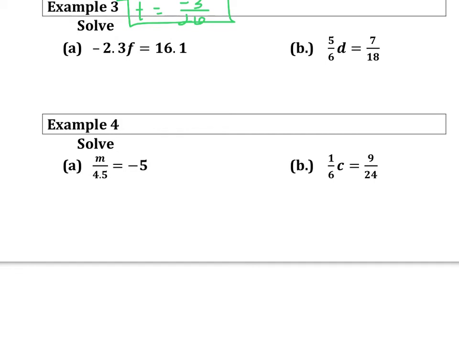So we will divide both sides by negative 2.3, since that is the inverse operation of multiplication. The sign of our number does not change. So on the left it will cancel. And on the right we make note that we have a positive divided by a negative, which means we will get a negative answer. And to do our division of decimals without